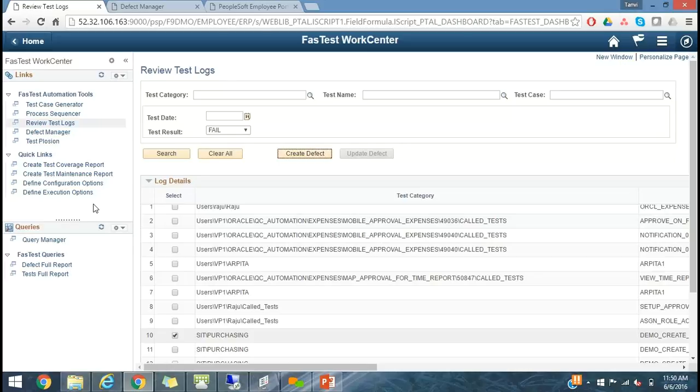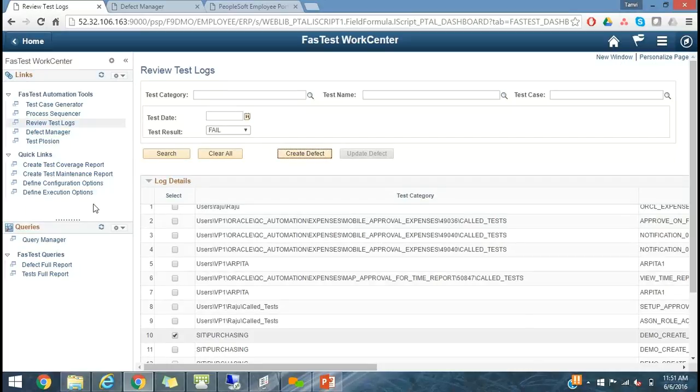PTF also comes delivered with certain reports that help you in terms of dealing with customizations or custom bolt-ons or whenever you apply enhancements or patches. We call it the maintenance report. It's a part of PTF. What the maintenance report does is that it helps you compare your existing application or a compare report with your test repository, and it will highlight all the tests that need modification in case there is a patch that you applied on the system, or in case there's this PUM image that you apply on the system.